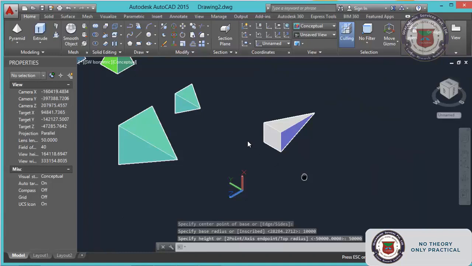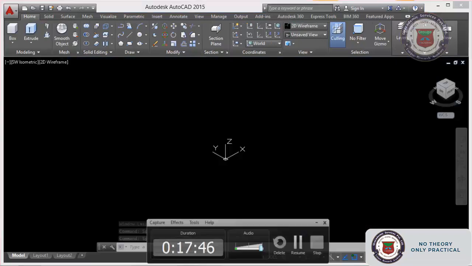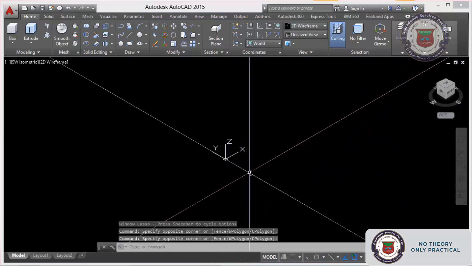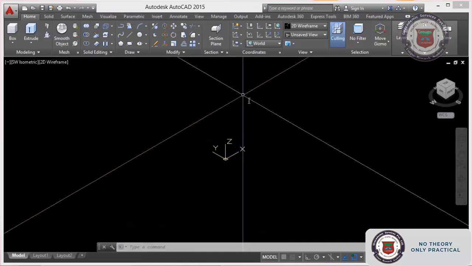Another one also we will make so that you can get familiar. Just we will rotate our UCS and make another pyramid and go for the command.